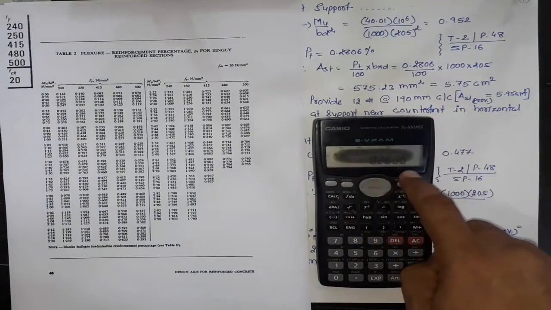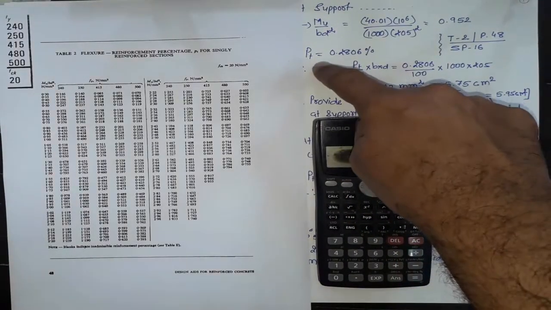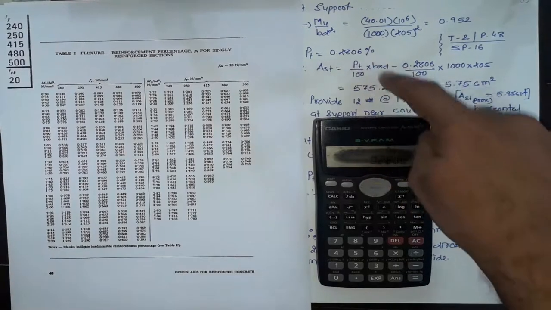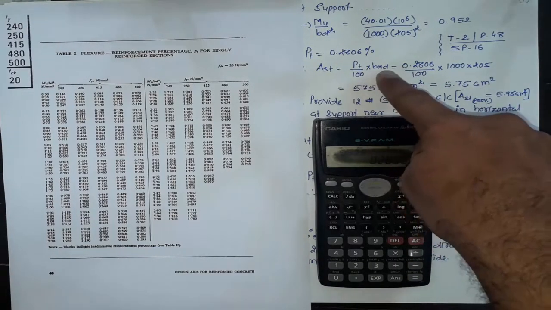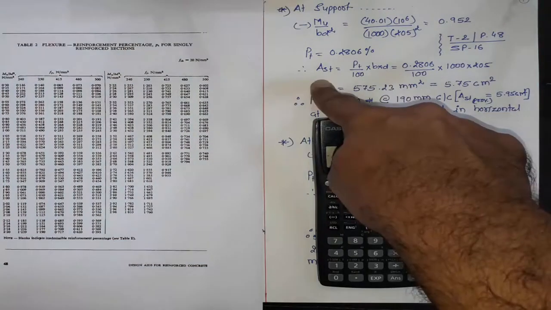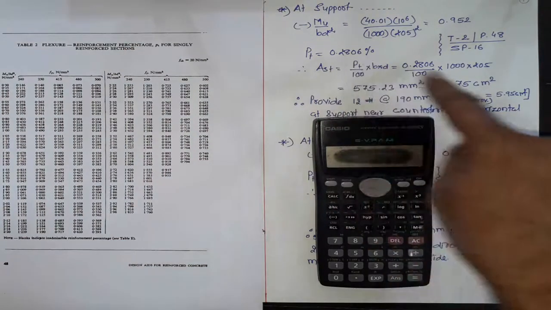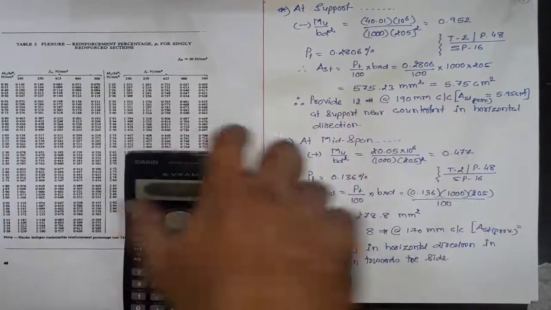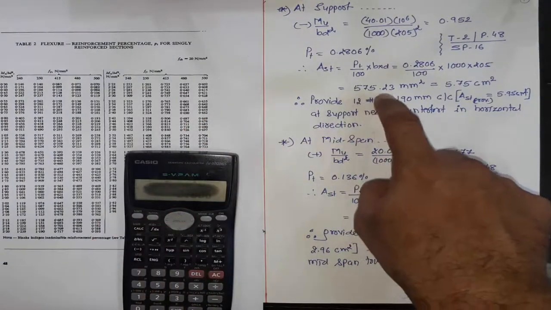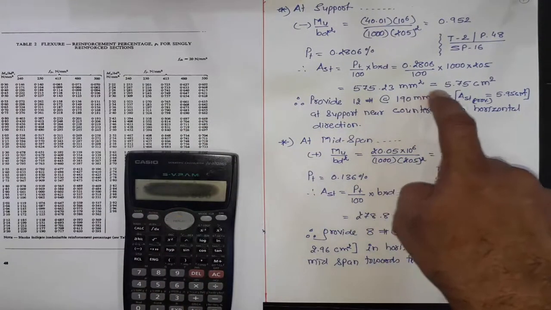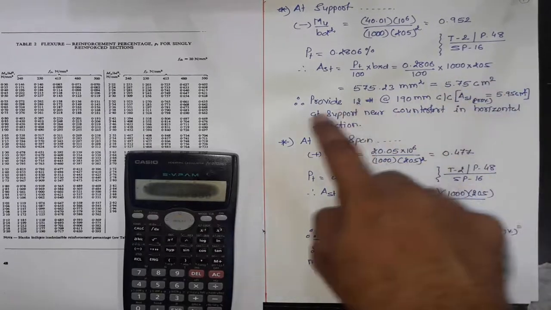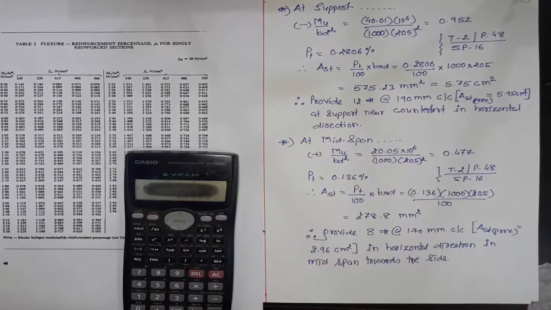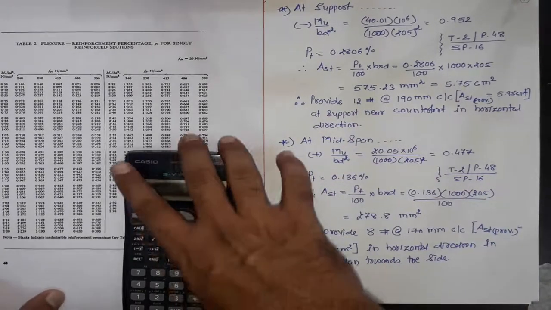That's 0.2806, that is the percentage of reinforcement, 0.2806 of effective cross sectional area, that is B into small d, effective depth d. Therefore AST comes out to be somewhere about 575.23 mm square, that is equals to 5.75 centimeter square. Therefore provide 12 torr. How we will get? We will get from